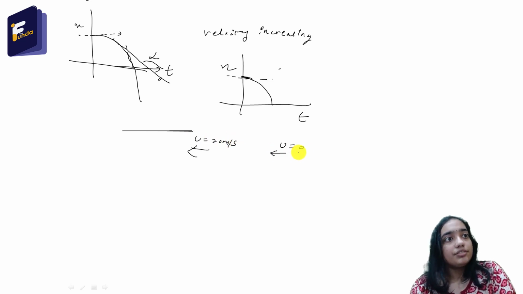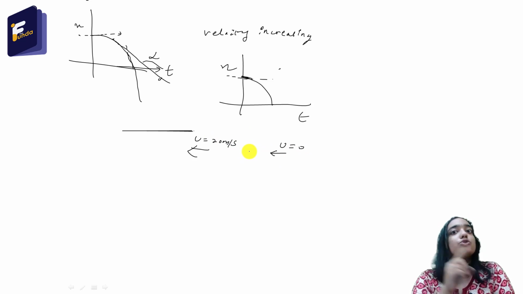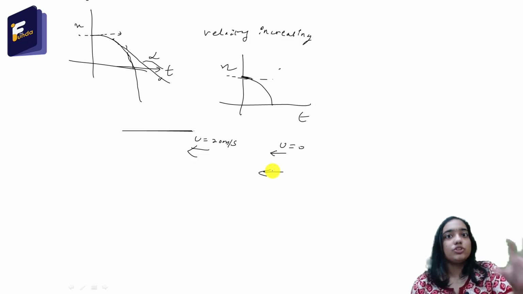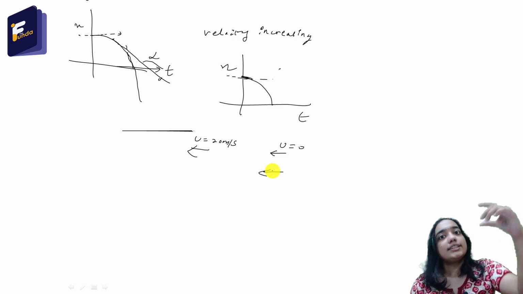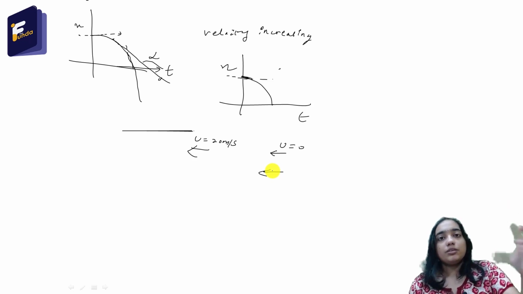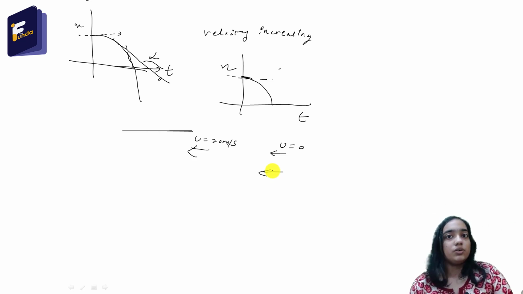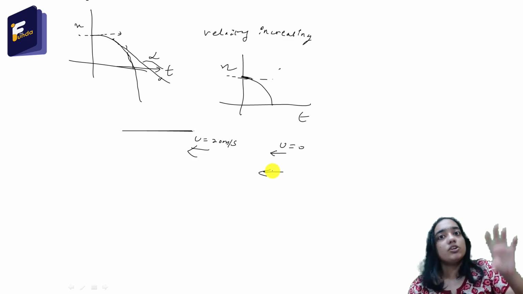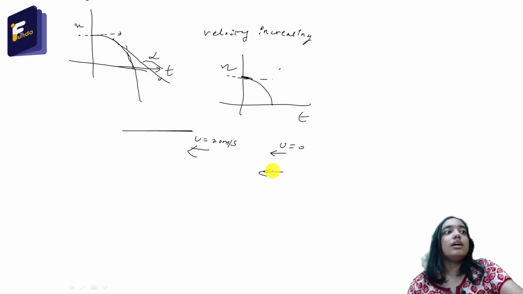So you can see that the velocity is increasing and also it is in the negative direction. That means acceleration should also be in the negative direction. As the magnitude of velocity is increasing, that means the acceleration and velocity will be in the same direction. I have told you earlier already that if the speed is increasing, that means the acceleration and velocity are in the same direction. And here velocity is in the negative direction. That means acceleration is also in the negative direction.